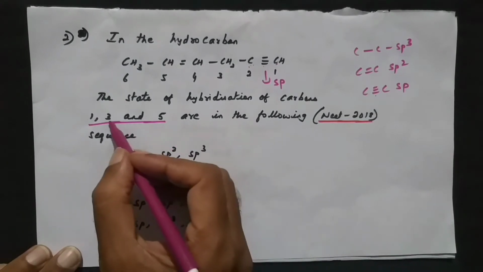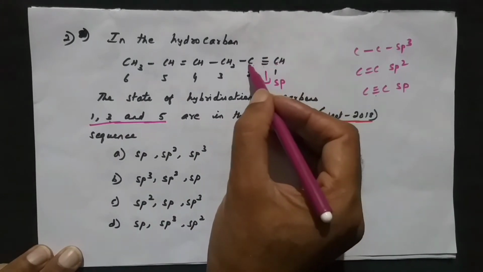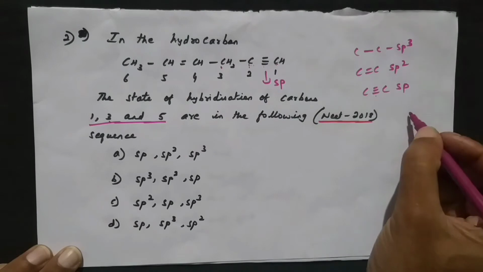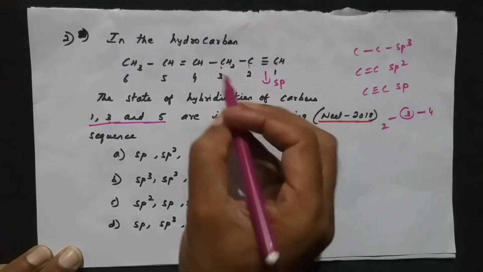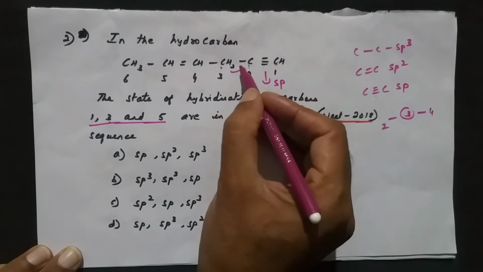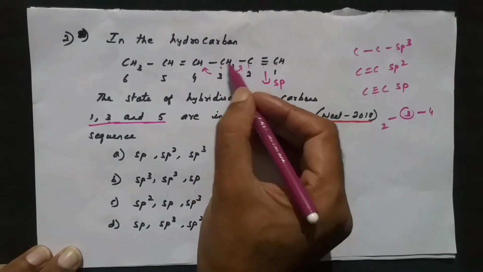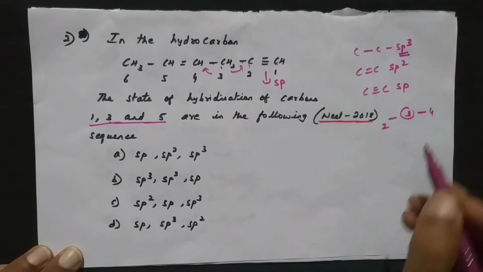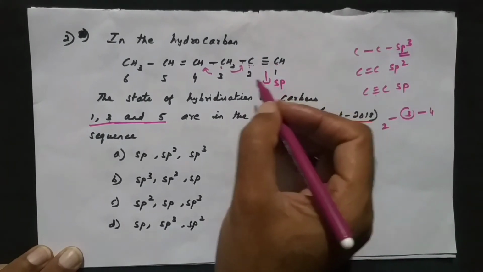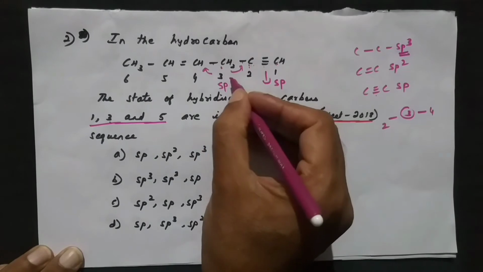Then I'm asking the third carbon. So first carbon, second carbon, third carbon. When you come to the third carbon, you have to check with carbon number 4 and carbon number 2, correct? So third carbon means you have to check this part and also this part. In both cases it is single bond and single bond. So single bond will be sp cube. So first one here it was sp and third carbon will be sp cube.